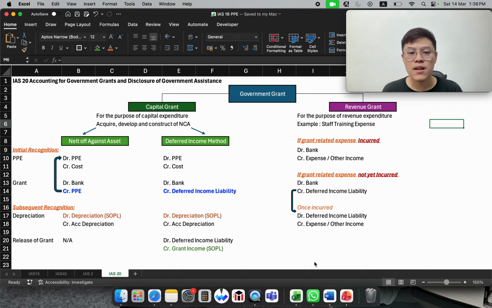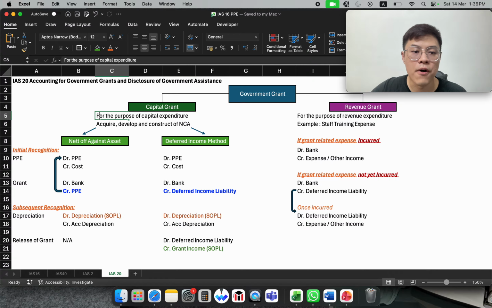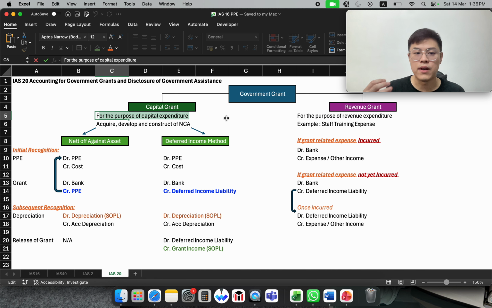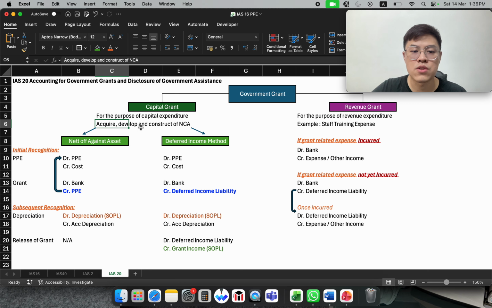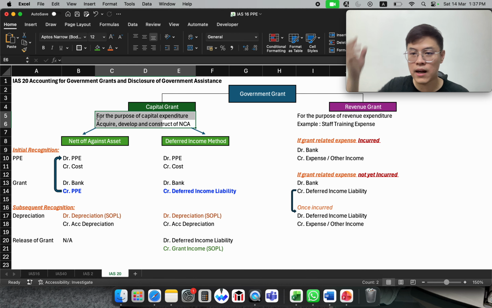In general, we have two types of government grant. One is capital grant, which is meant for the purpose of capital expenditures: anything that you spend which will increase the capacity of the entity, such as acquiring, developing or constructing a non-current asset. This is called capital expenditures. If the government gives us a grant in relation to all that capital expenditures, we are going to call that a